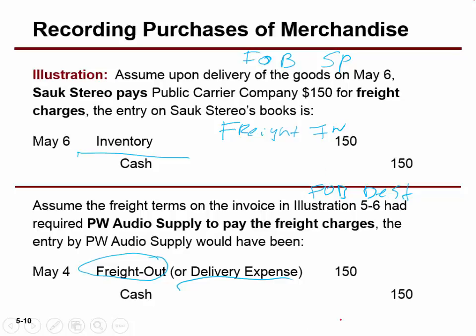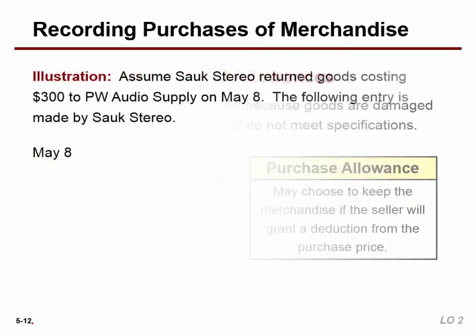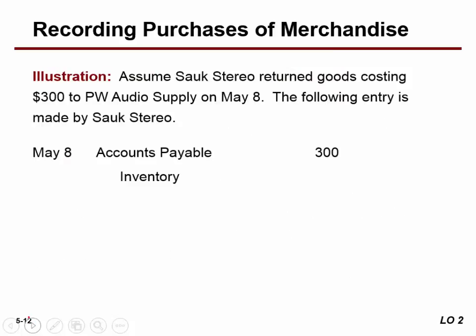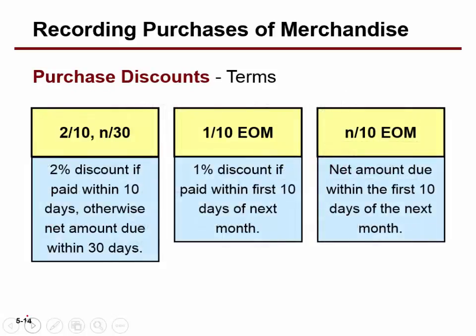Come over and let's take a look now. We already understand purchase returns, okay? Notice that we set up our accounts payable, we set up our inventory, and if they gave us a discount of 2/10 net 30, that means we're going to get a 2% discount on that, right? This is the way we articulate this in this class, 2/10 net 30. This is the most common. Don't worry about these other ones here.